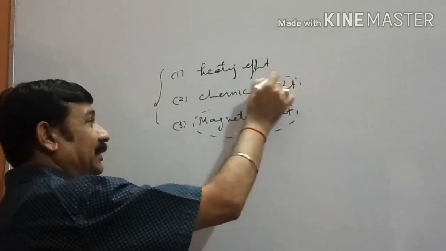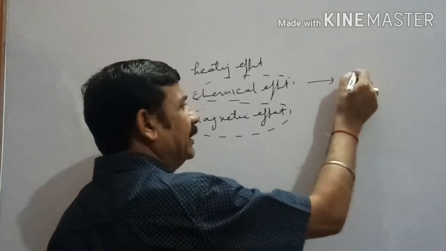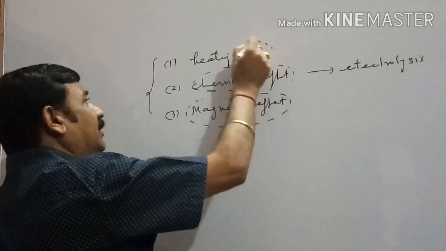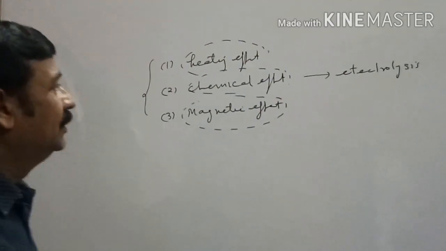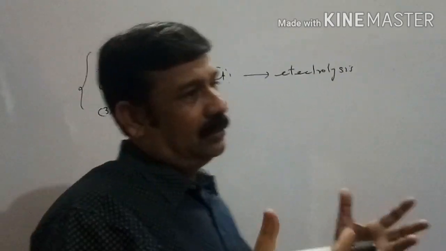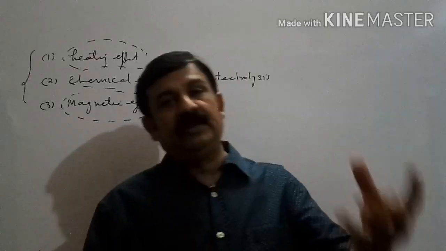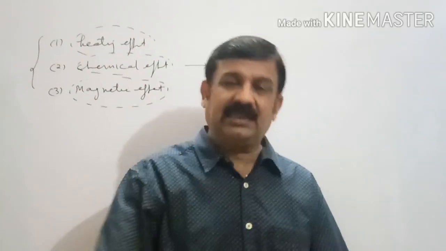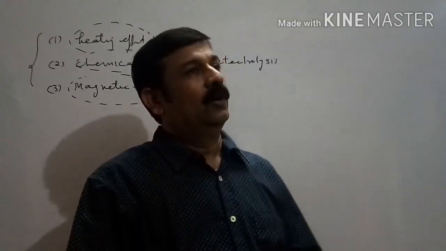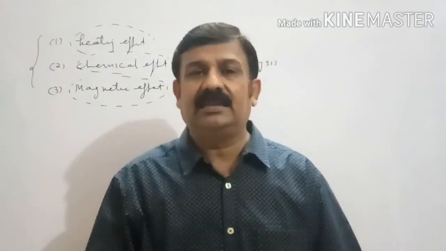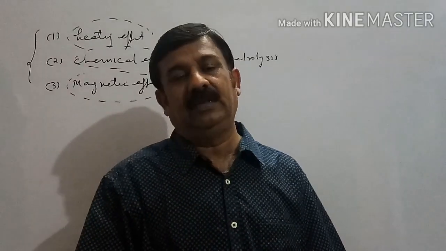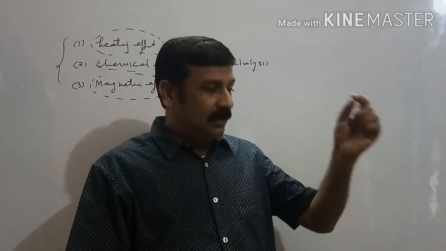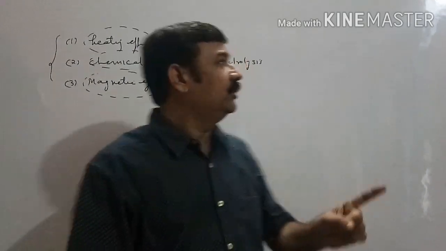This you have already discussed in chemistry. In chemistry it is called electrolysis, and this we are going to share with you today. In our daily life we use a bulb, a heater, a geyser, an electric press. When we use these devices, it is a must that we have electricity. If current is not coming, these devices are useless. The working of these devices is based on the heating effect of current.